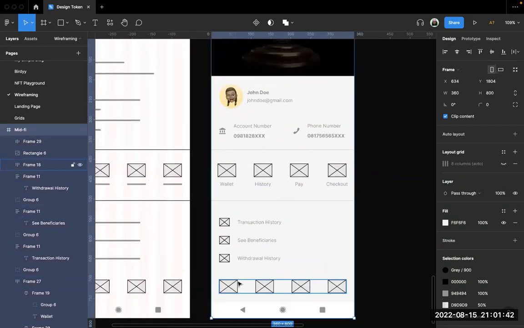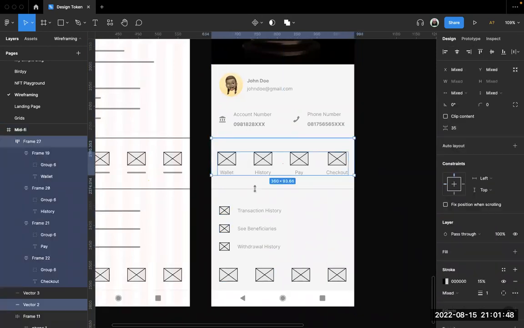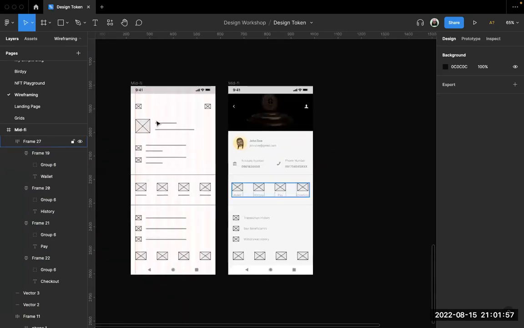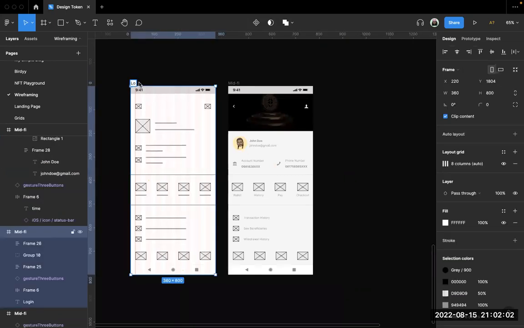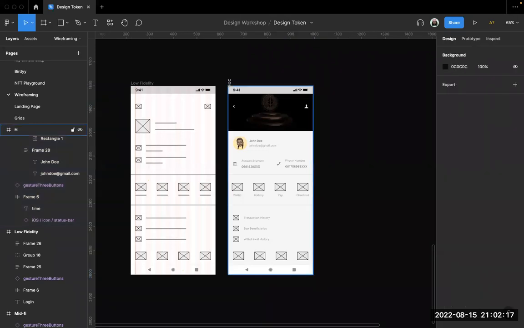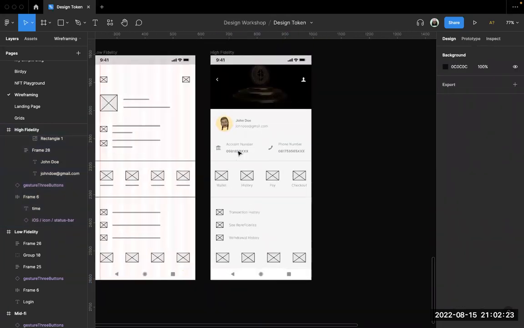You still have to put in the set of icons that would make this feel comfortable to use, right? So I'm going to leave that part for you, to put in some of the icons here to replace this. That is not compulsory, but what I really want you to understand is the migration from the low fidelity, which is basically this, to the high fidelity, or probably the mid fidelity, if you also have plans to make more changes as you proceed. I would have loved to finish this, but because of time,